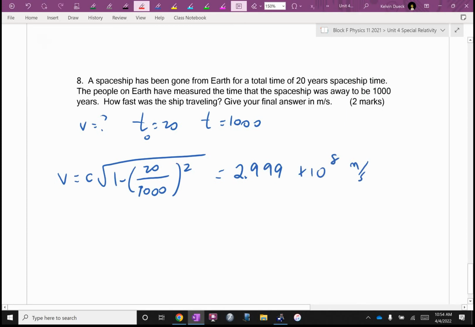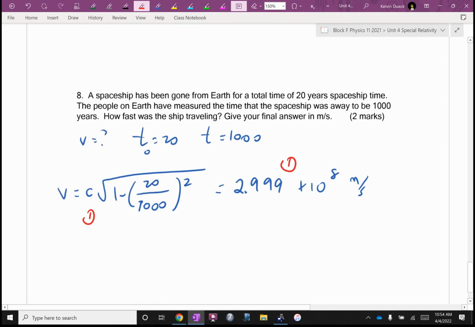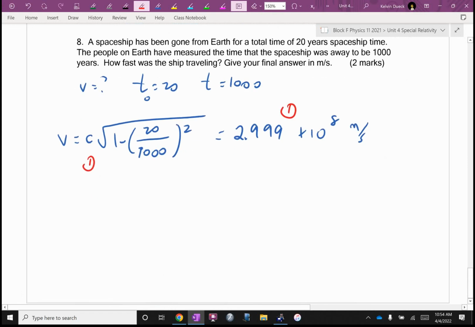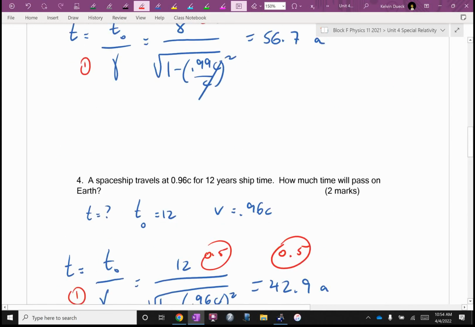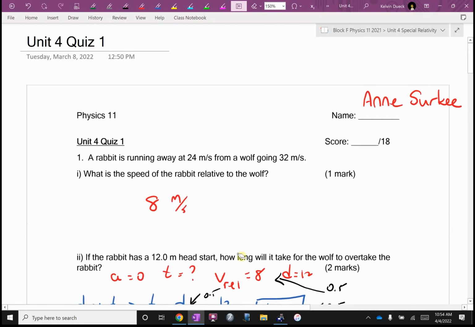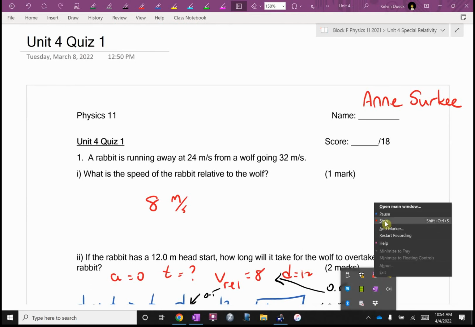And just like before, I would give you half mark for that. Actually, here I think, you know what? I would probably end up giving you 1 mark for that and 1 mark for the number. Oh, you know why? Because I went to writing in the numbers right away. Can you give yourself a lovely score on this take-home quiz out of 18, please? If you have any questions or need to lawyer with me, now is